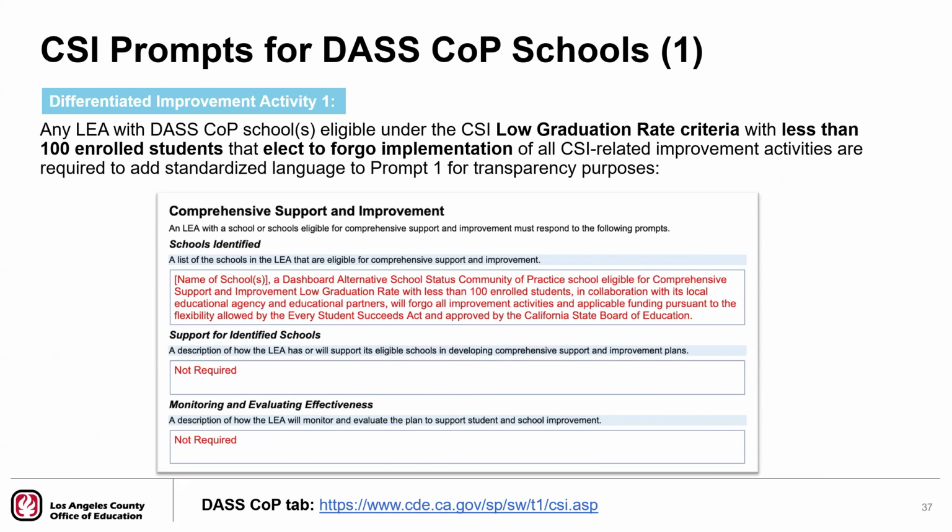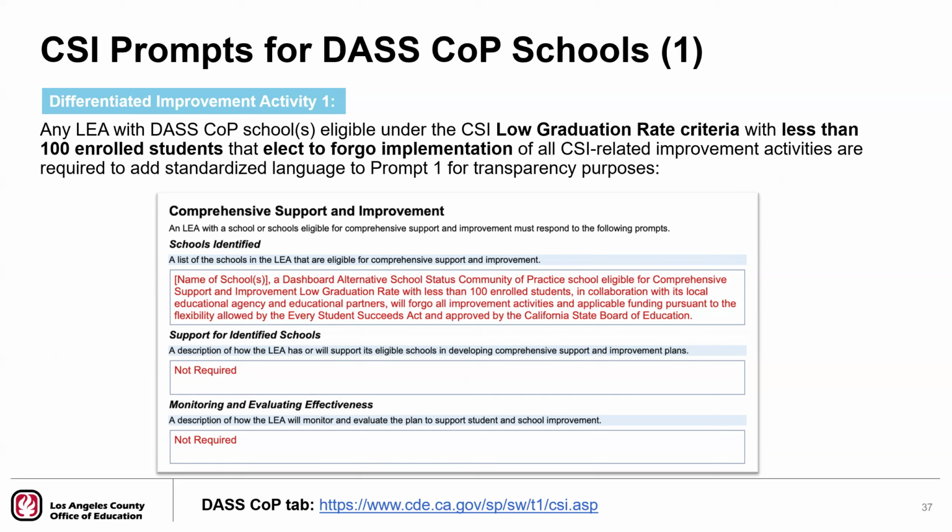So the next few slides address the CSI prompts for LEAs that choose to exercise the flexibilities that were just shared on the previous slide. And so this slide here applies to differentiated activity number 1. Again, this would be for those LEAs that have a DOS COP school identified under CSI low graduation rate criteria with less than 100 enrolled students in the prior year, and who choose to forego the implementation of